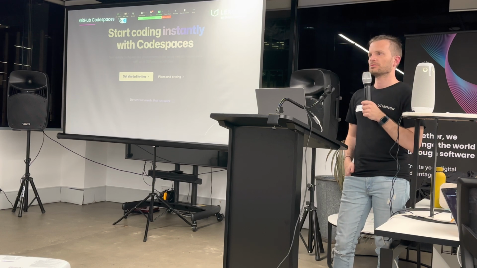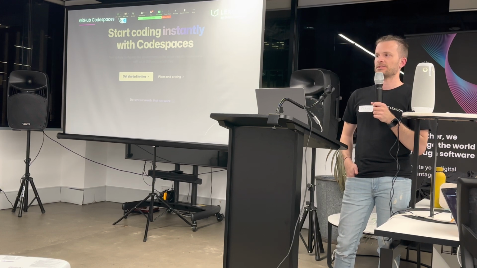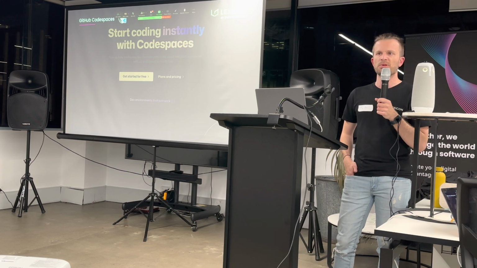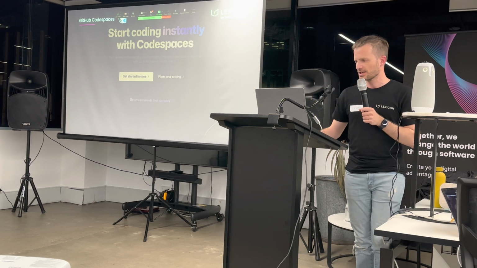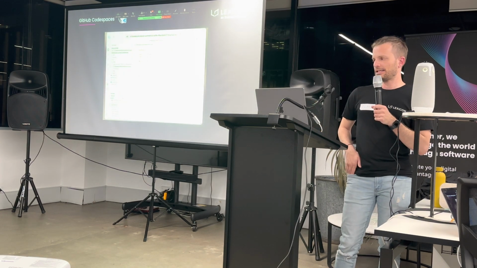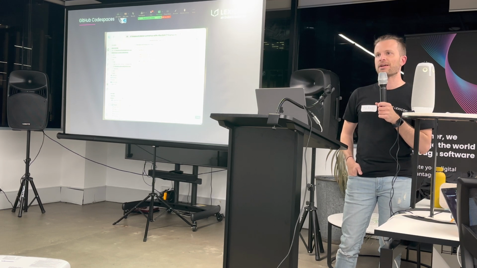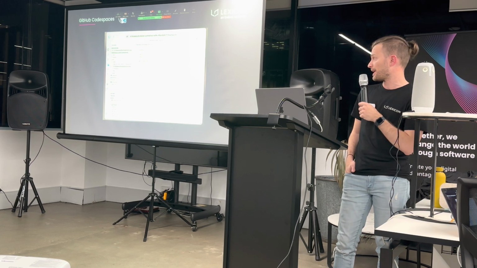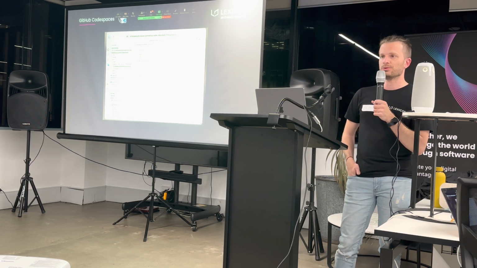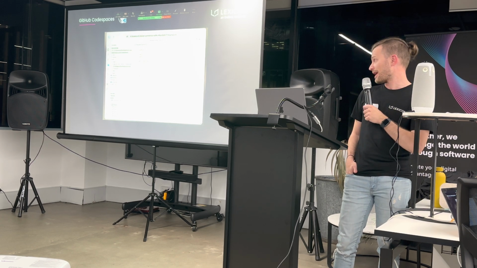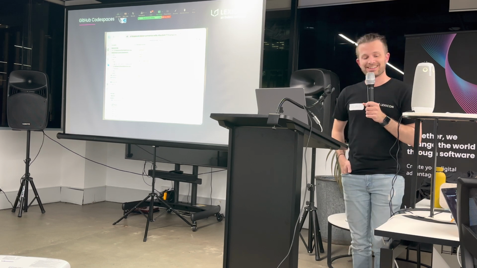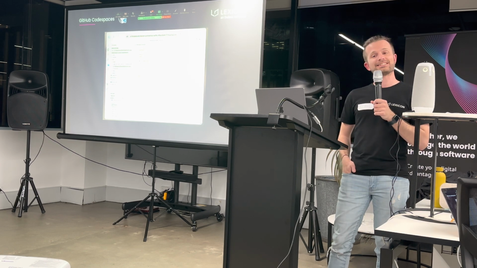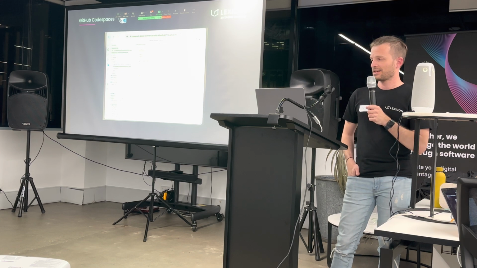I'm sure a lot of people here have either heard of or used VS Code. It's probably a very popular editor these days. And it turns out, with the web version, you can do pretty much everything you can do in your desktop version. You can install themes. And yes, I do use a light theme, and I'm very proud of it. You can install extensions, and